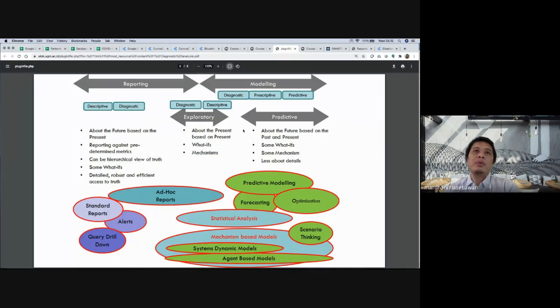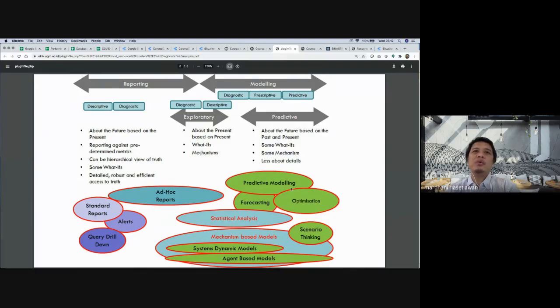But when we do the modeling for predictive, we will discuss the future based on the past and present, and of course we use what-if also, with some mechanisms and less detail.